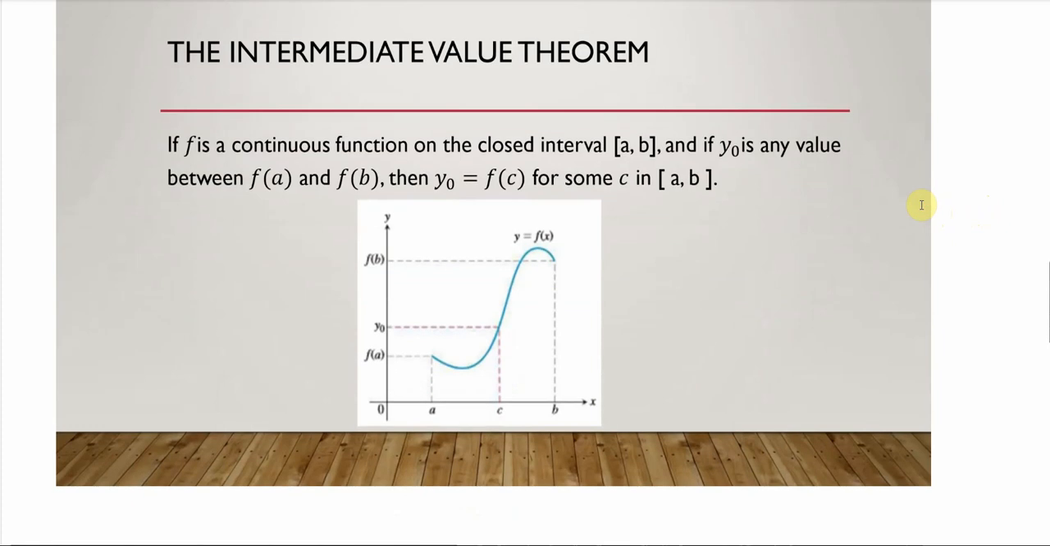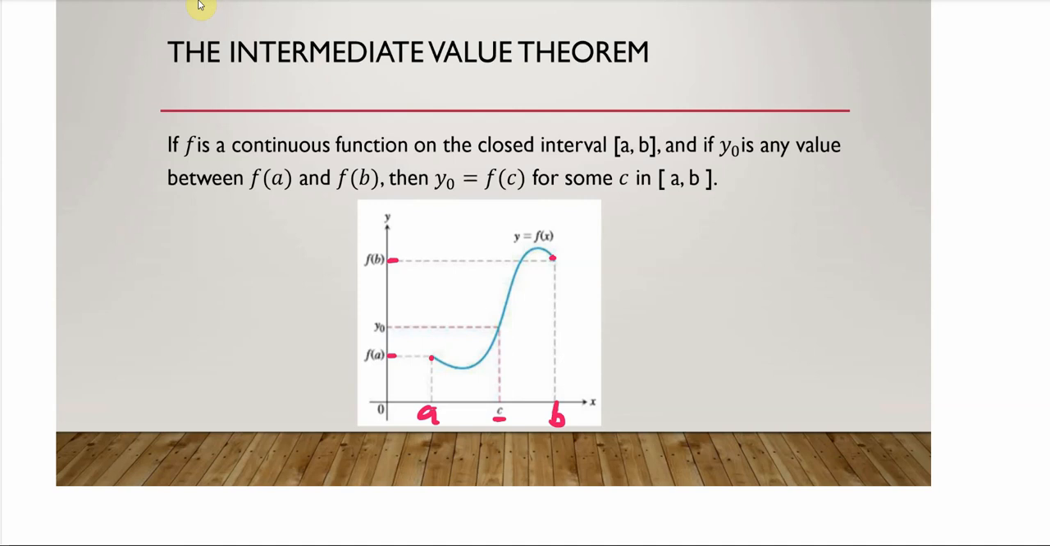So here we go. If f is a continuous function on a closed interval from a to b, all right? So I have a function that's continuous from a to b. So here is my a and here's my b. And it's continuous from here to here. That means no holes, no asymptotes. All right, and if y sub 0 is any value between f of a and f of b. So now I'm looking at the y's here. So here's f of a and f of b, and y is going to be somewhere in between. Then y sub 0 is going to have f of c, where c is going to be between a and